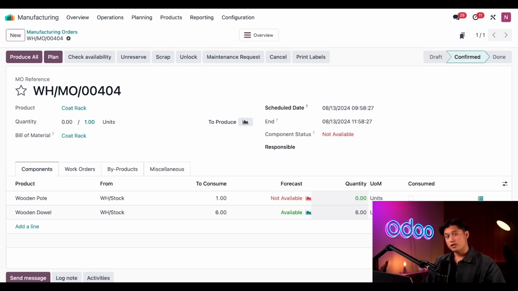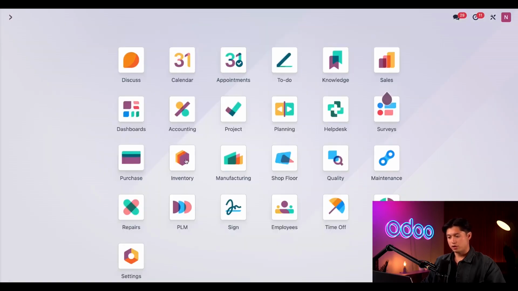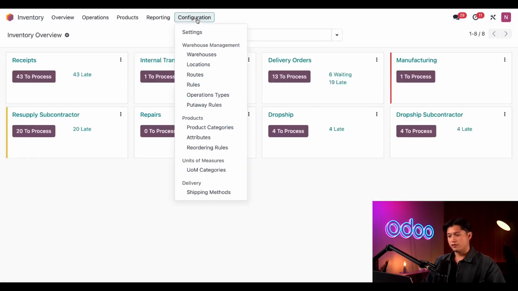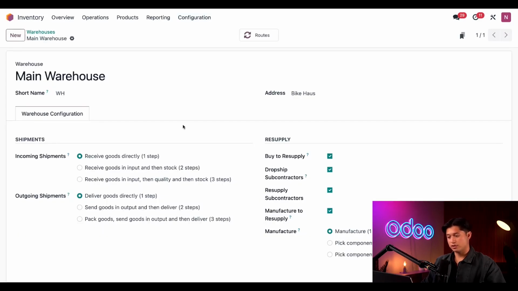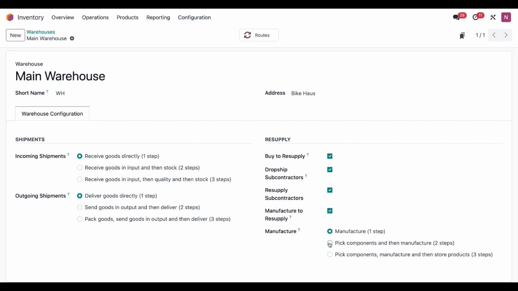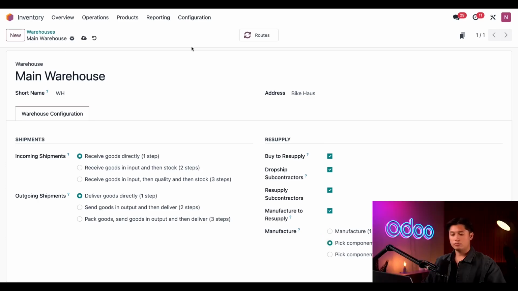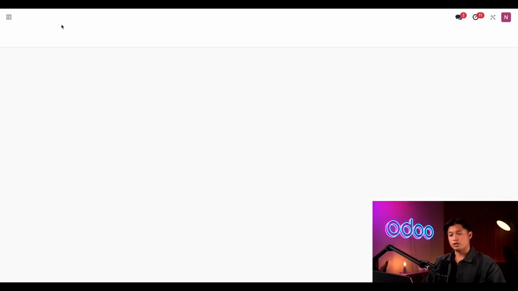All right, before we finish today, I just want to show you the scrapping process when using 2 or 3-step manufacturing. It's fairly similar, but different enough that it's worth taking a look at. We'll start by returning back to the inventory application, clicking Configuration, Warehouses, and then selecting our main warehouse once again. This time, we'll select the Pick Components, then Manufacture 2-step option in our Manufacture section. Then we'll return to the Manufacturing app